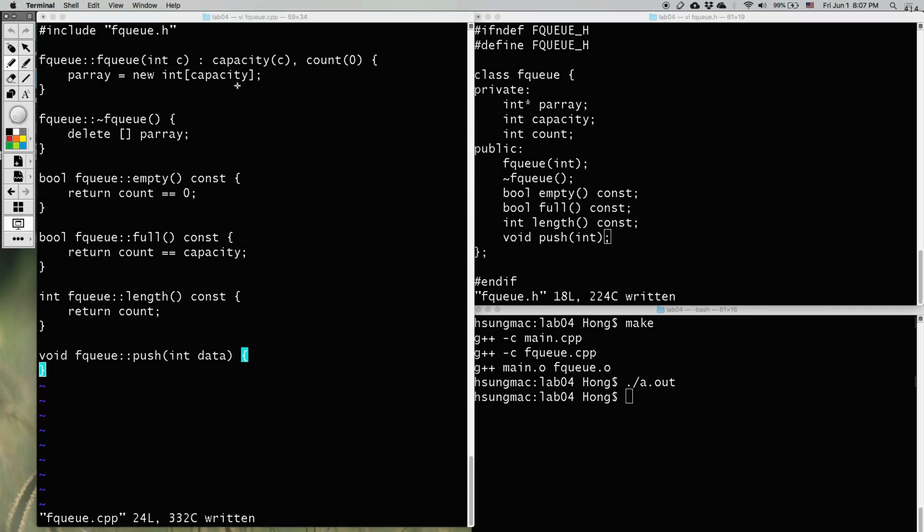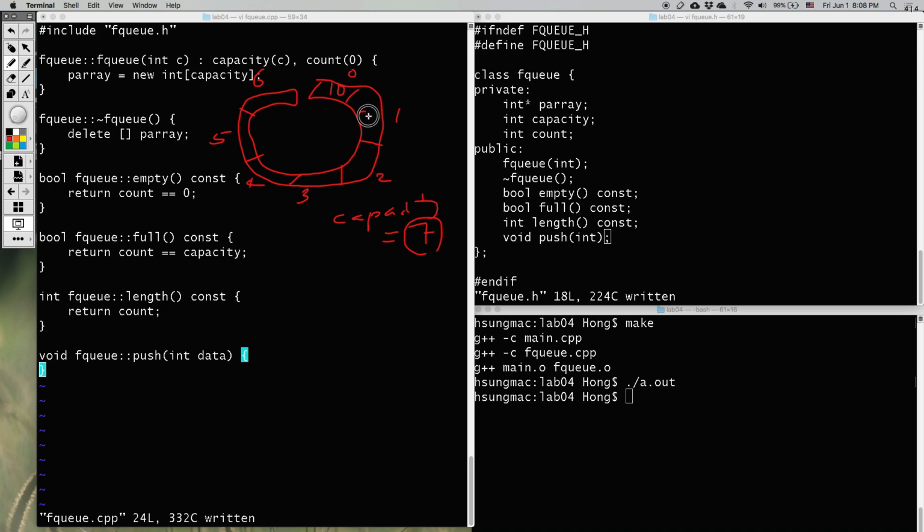First, we are talking about the circular array. So as we allocate an array, we assume it's just something like this, circular, and those are elements. Then let's assume that this is index 0, 1, 2, 3, 4, 5, 6. Then the capacity of this queue, or length capacity, is 7, since it's 7 elements. So as you do the first push, that will be stored here, and the second push, and another push, and another